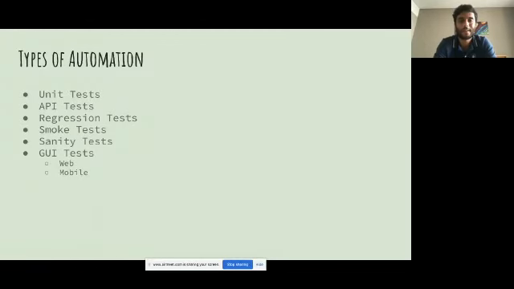Primarily because it's a lot easier to start with, and also it's a lot more reliable. When I say reliable, because you eliminate the risk of flaky UI tests, because whenever a new application is being built, generally the UIs are the last ones to become stable. So that's why API tests are also picking up a lot of interest.